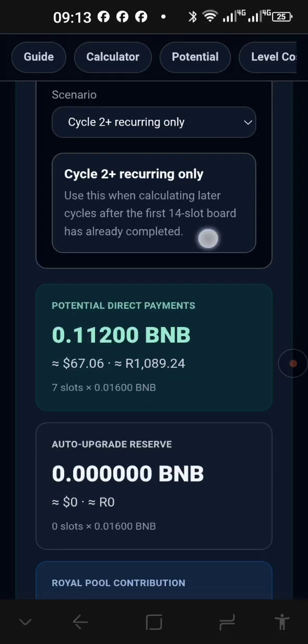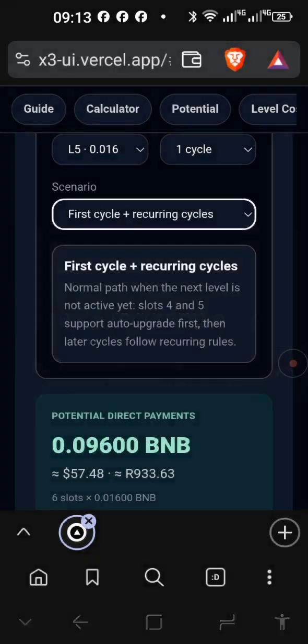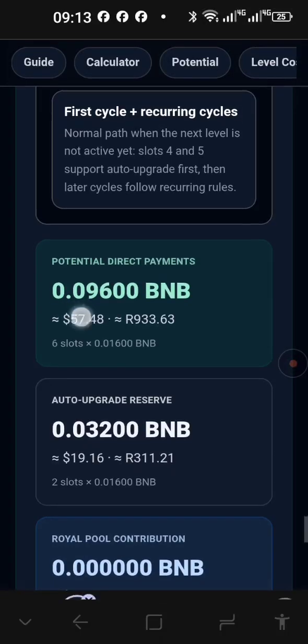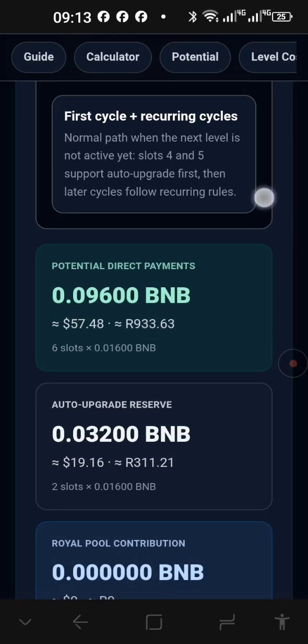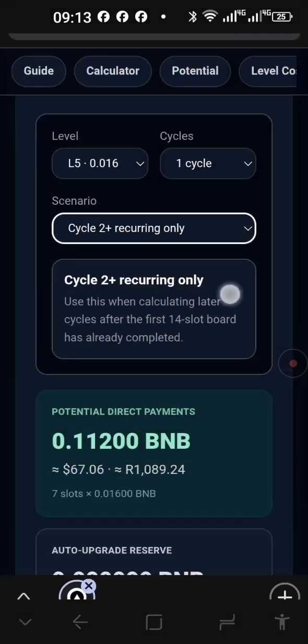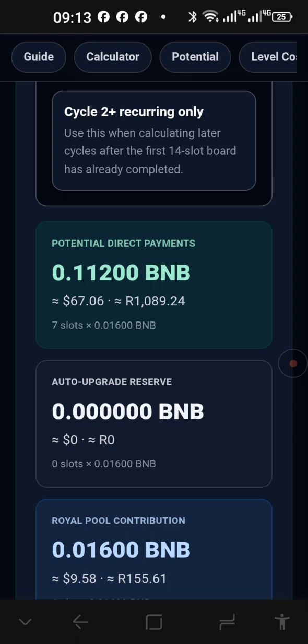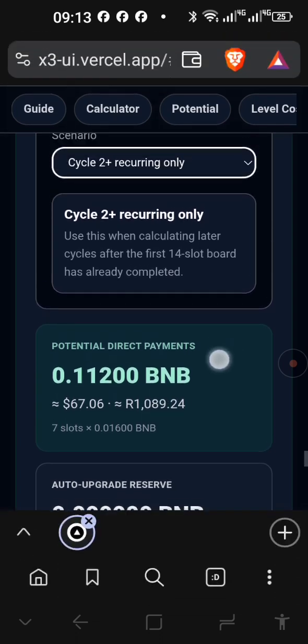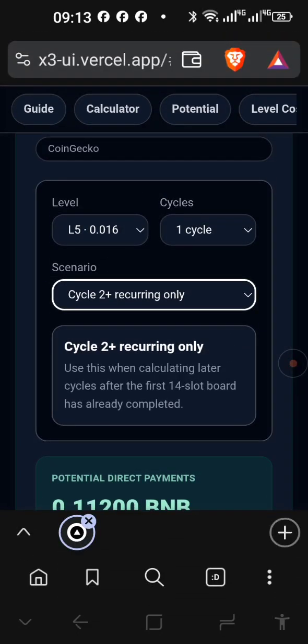On the first cycle, you're going to earn $57, or just under R1,000. On the subsequent cycles, cycle 2, you're going to earn $67 or just over R1,000. Plus, you're going to earn from level 4.